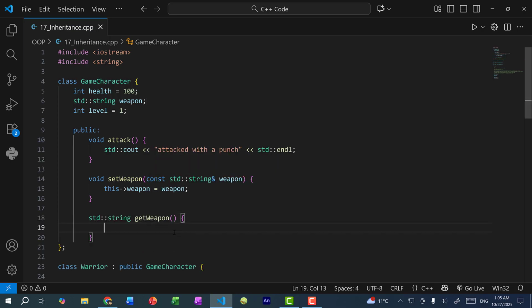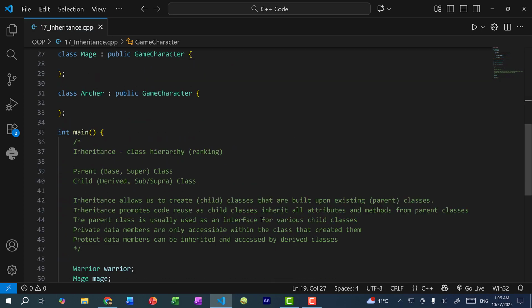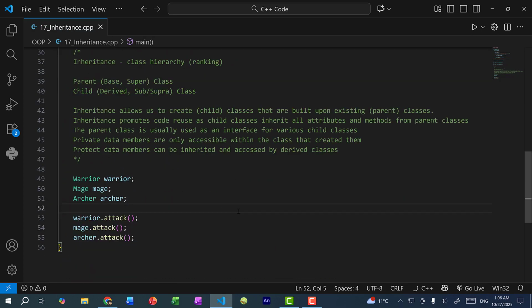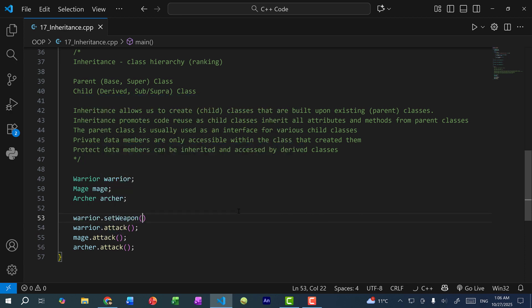And since this method is not going to modify any of the data members, we can mark this as const. So here we're just going to return weapon. Now let's scroll all the way down, and over here, before we attack, we're going to assign the warrior a weapon. So warrior.setWeapon sword,